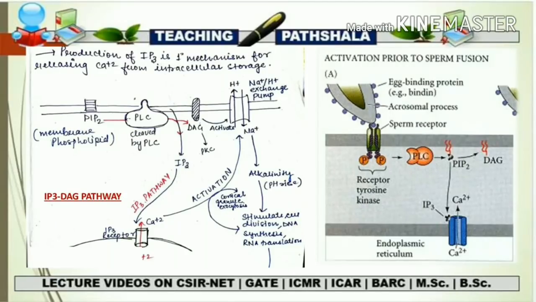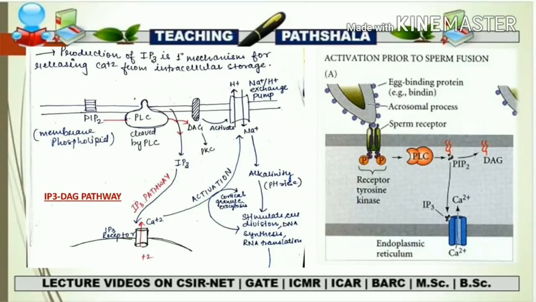So I have mentioned two figures. The first is showing you the overall representation of the IP3 DAG pathway, and the second figure shows how this IP3 DAG pathway works in the case of a sperm and egg. So I have mentioned that after the production of the intracellular calcium, it is going to help with the exocytosis of the cortical granules. And what takes place after that, we have already studied in the previous slide. One thing you have to note is that the presence of IP3 is very important, and it is regarded that the production of IP3 is at the same location where the sperm makes an entry inside